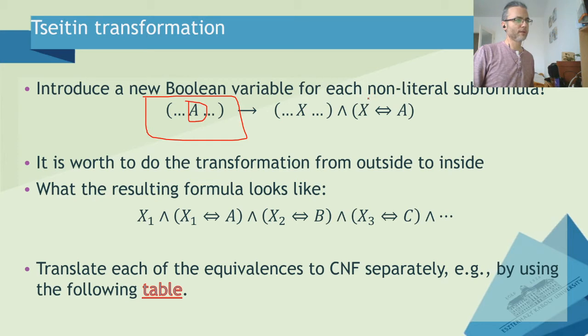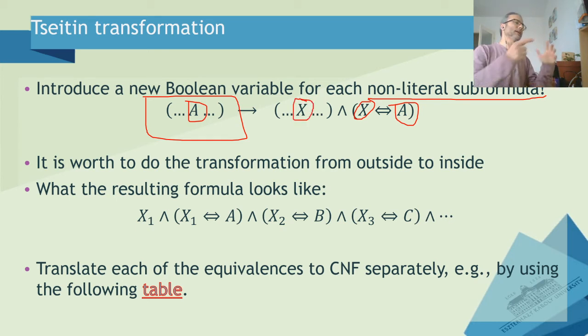This subformula must be a non-literal subformula, so a compound subformula, for example, an implication or a conjunction or an exclusive or. And basically you take out this subformula and substitute it with a brand new variable